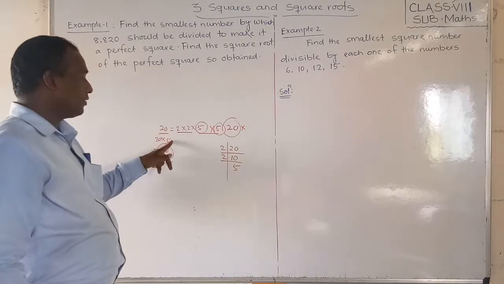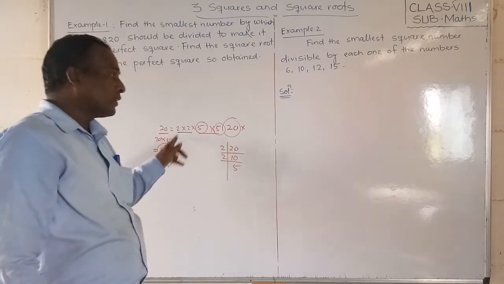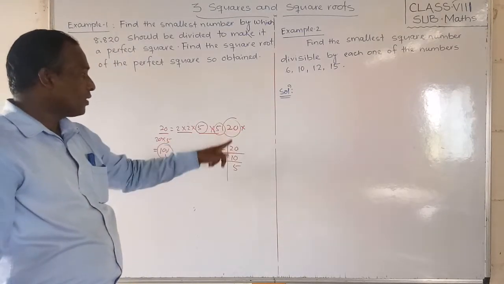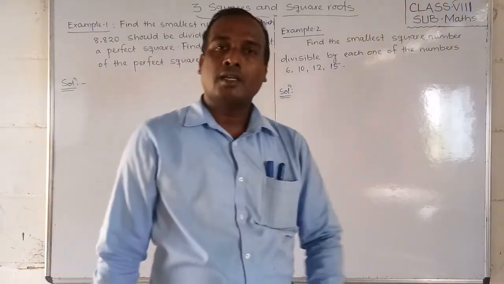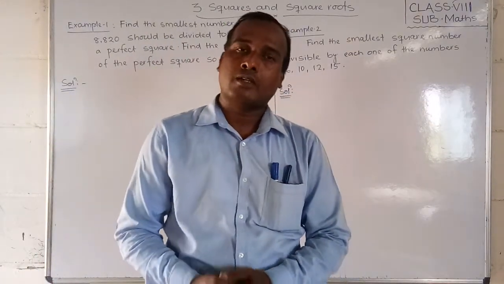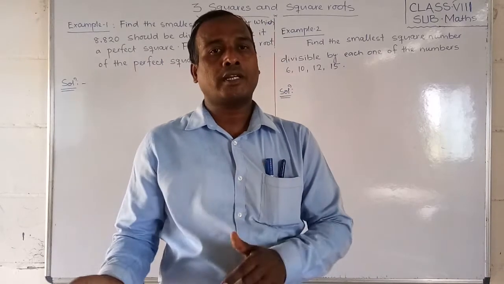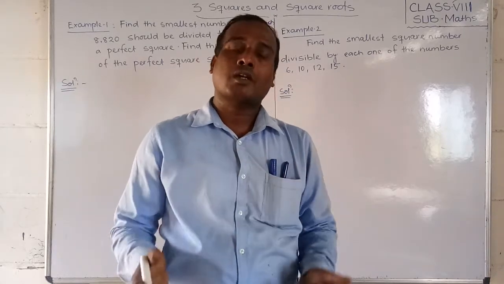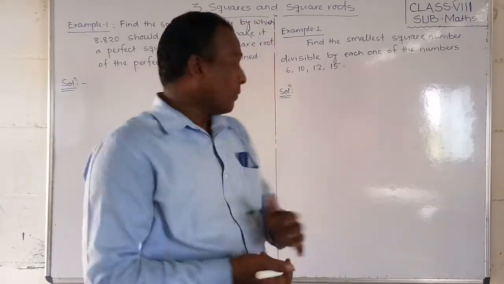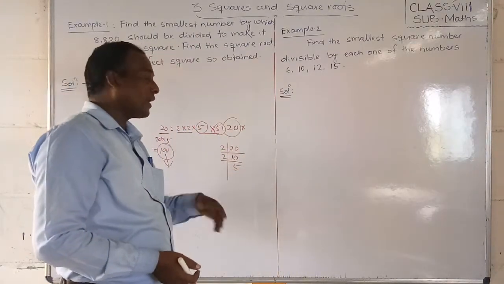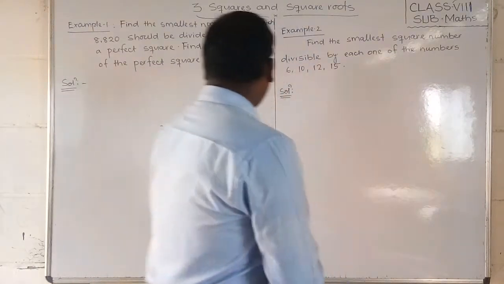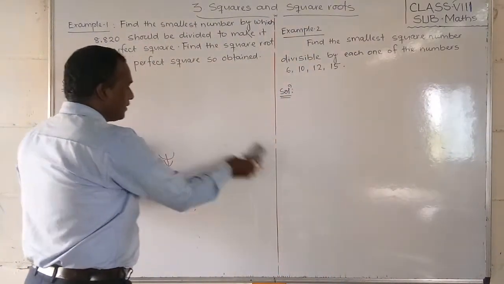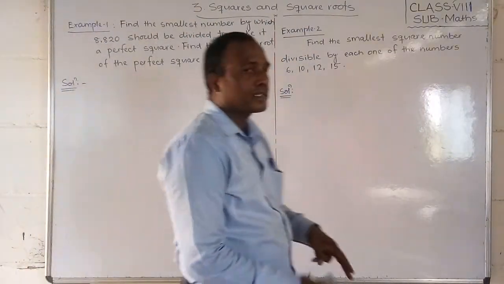100 is a perfect square when we multiply with 5. Similarly, here we have to understand that 5 should be multiplied with 20 to become a perfect square. 20 into 5 is equal to 100, so 100 is a perfect square. How did you get this 5? By prime factorization. Same like it, which number will we divide by, then it will become a perfect square.